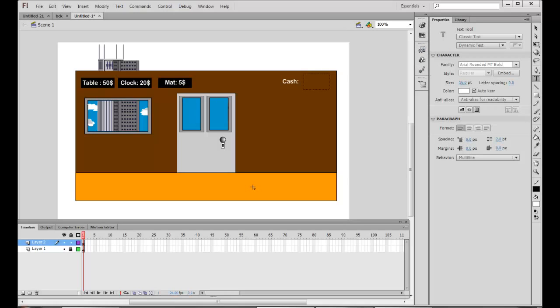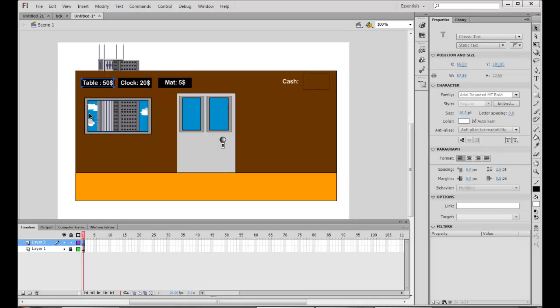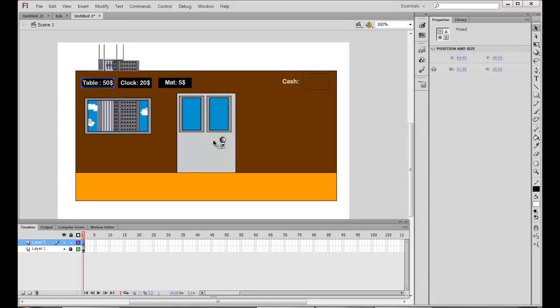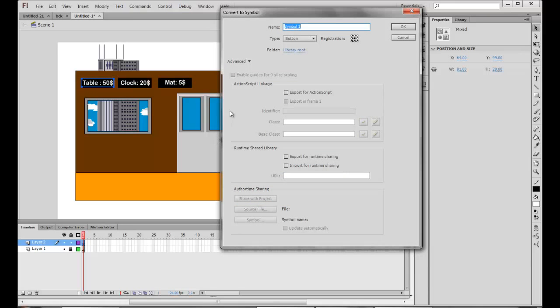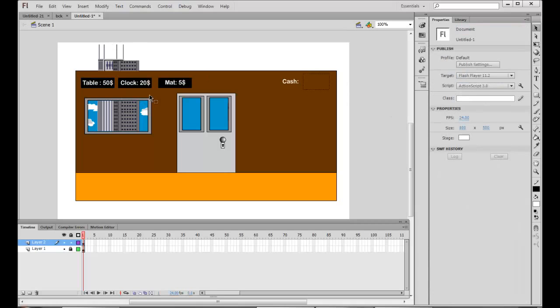Right, now once this is working, the functionality that I want to add is that if I'm clicking this, I should be able to buy a table. So I have to first convert this into a button. I'll just select this, press F8, change it into a button. OK. And the instance name can be T button, to distinguish the table button.